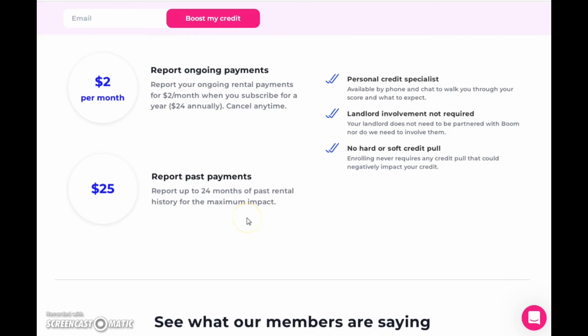But if you want that rental history, so again, you're looking to upgrade your vehicle, you're tired of trying to repair it, you want to go in and get something at least newer, used, up to date, and you need to thicken your credit file so your score can be higher. Again, this will assist you with making those points higher on your credit file. So you're looking at 50 to 100 points. It just depends on your credit file, because everyone's credit files are different. So it's not promised, but it will impact that credit score and pump it up to where you can actually qualify for some of the things that you want. Okay, so